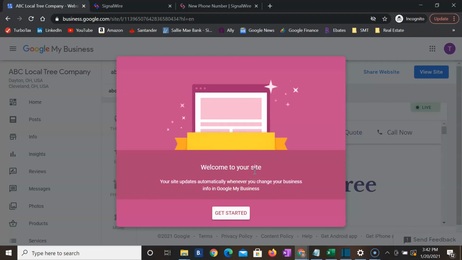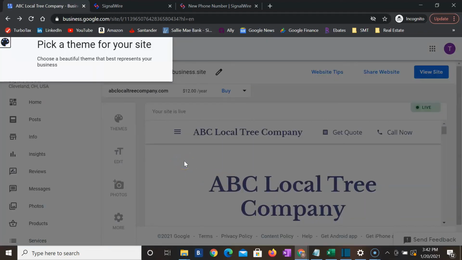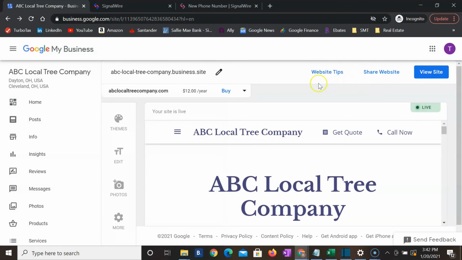In most cases, for most local businesses, you want a primary website that you can use to point customers to. This is just a secondary site that we could utilize when we get into future training videos about some advanced tactics. You could definitely use this to leverage your online visibility, and also to help build authority and trust to your other websites. There are certain ways of doing that. We won't cover that here because it's a bit beyond the scope, but it will be covered in the future. So if you click on website,